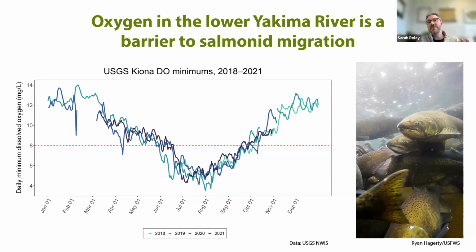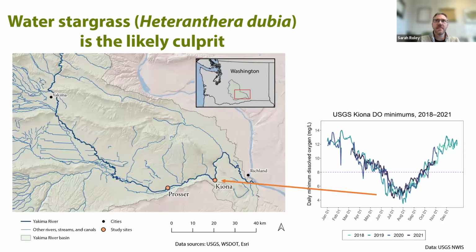But the consequence of this is that for the majority of the summer, the Yakima River is inhospitable to salmon, not only because salmon are cold water fish and the river is too warm, but there's just not enough oxygen at night for their migration. And water stargrass is the likely culprit of this. In 2019, I measured its respiration and estimated that water stargrass in the lower river is responsible for about 90%